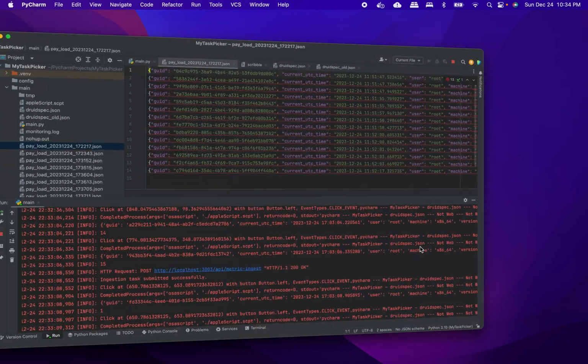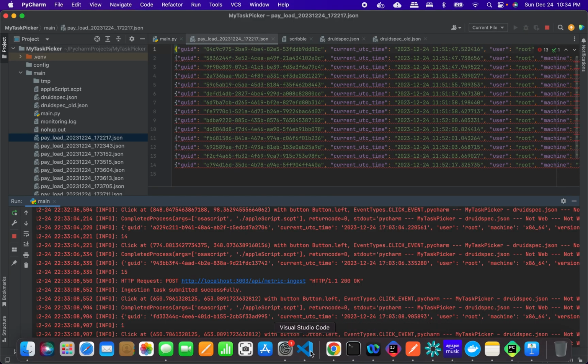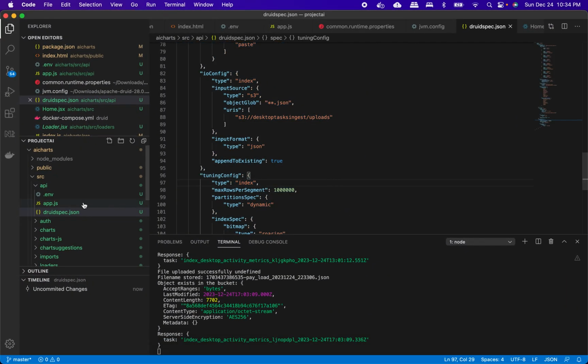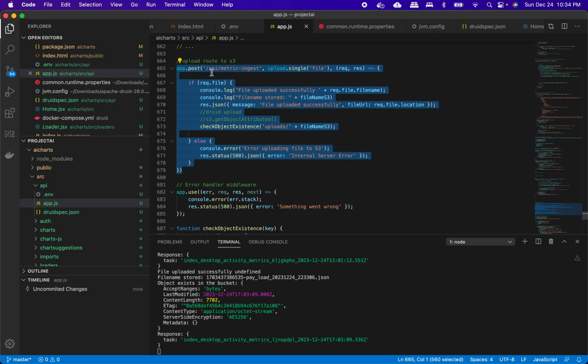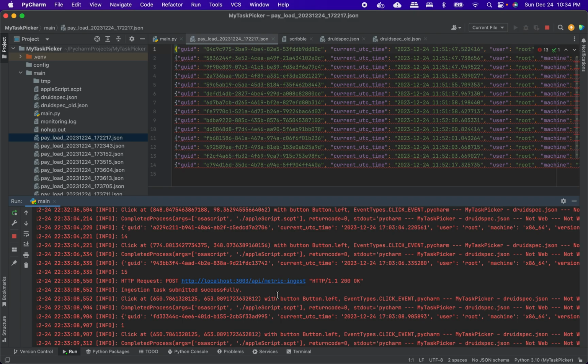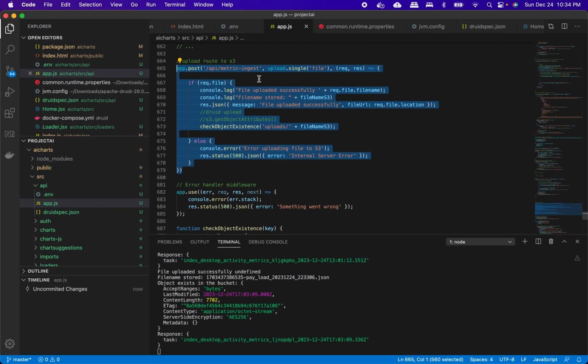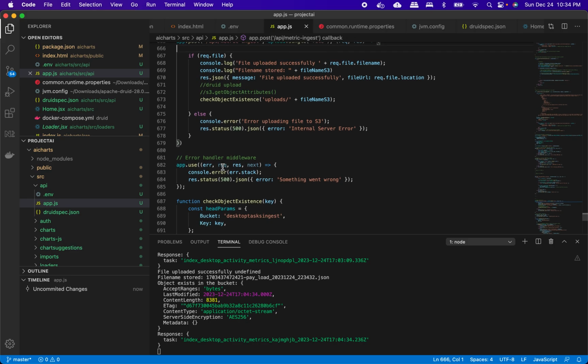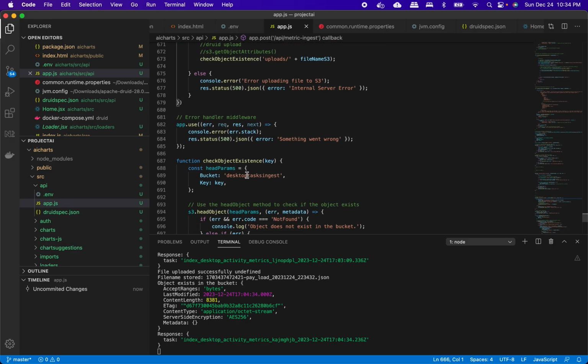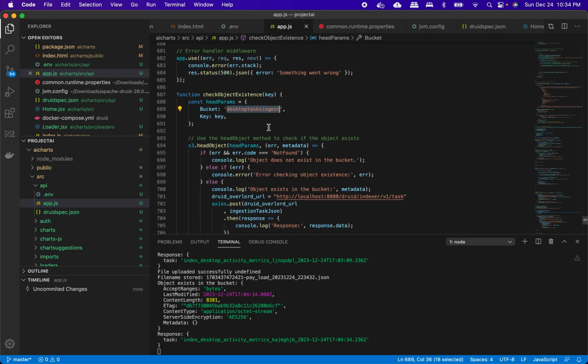Let's glimpse through the code. I'm not going to go very deep into the code. Basically I'm using the S3 multer package, which enables me to push the file into the S3 bucket. This is an endpoint that I'm hitting here, metric ingest, and then it reads the file, and I'm first checking whether the object exists in my bucket, and once the object exists,